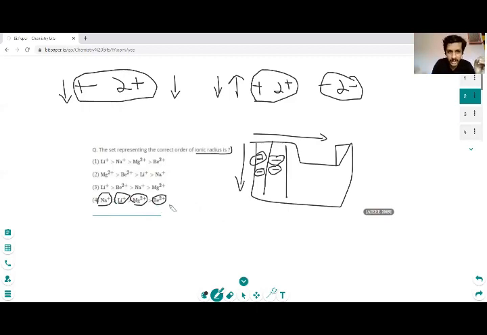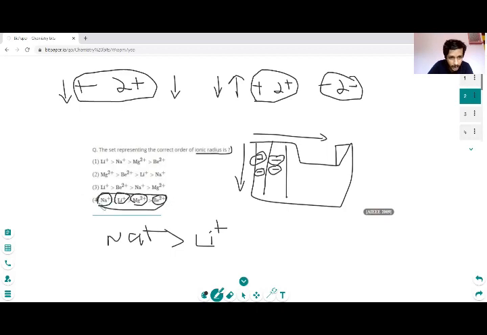Here is the concept we can apply for the trick. Among these, we know which one has the higher ionic radius, that is sodium, because sodium has higher ionic radius than lithium. That is well known. Even if we don't know about magnesium, beryllium and the rest, we know this one concept: sodium has higher ionic radius than lithium. Among all the options, only one option has Na+ greater than Li+. So this is the option.